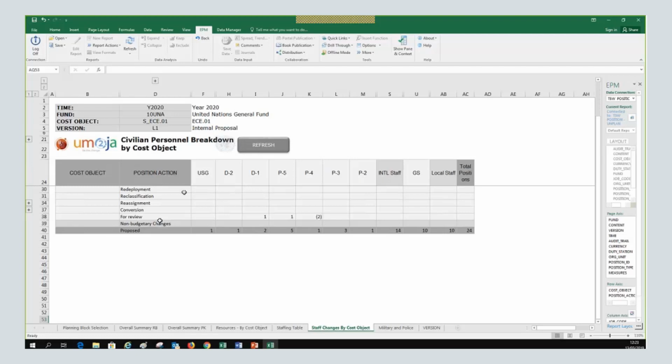So we will see how many redeployments there were, reclassifications, reassignments, and so on. In this example, maybe this one is not a very good one because it's showing only the ones that are for review. Okay, maybe I could open a different one. So 1 second, please.